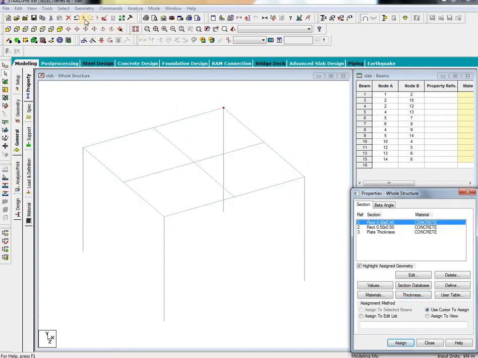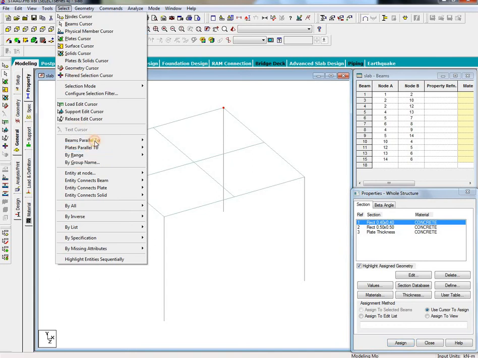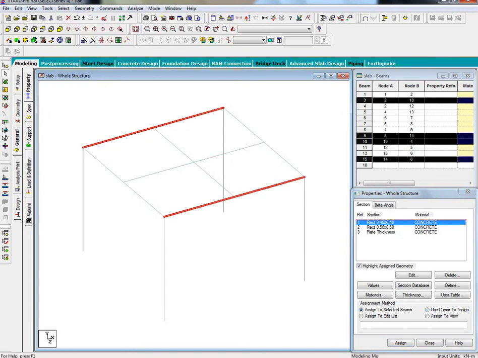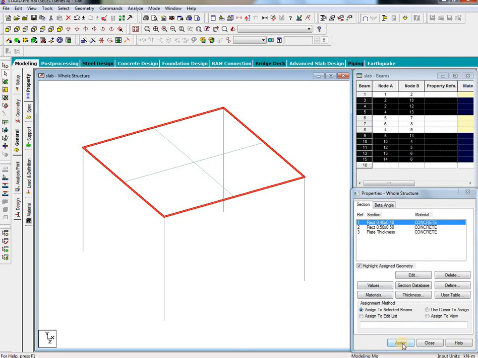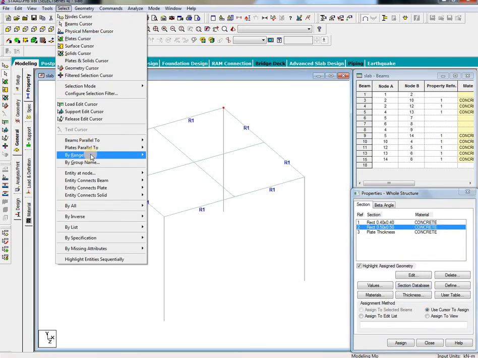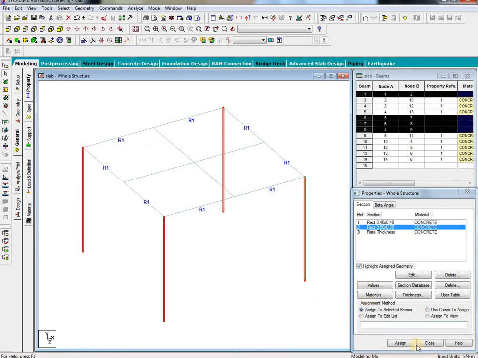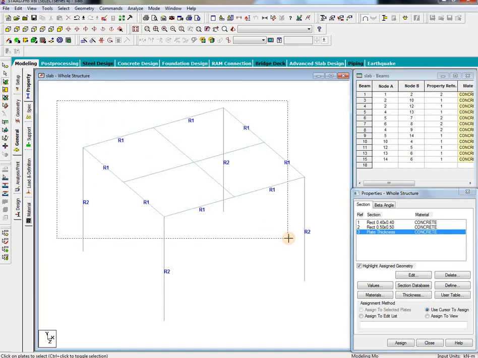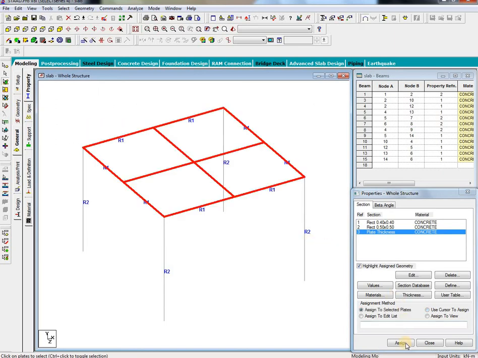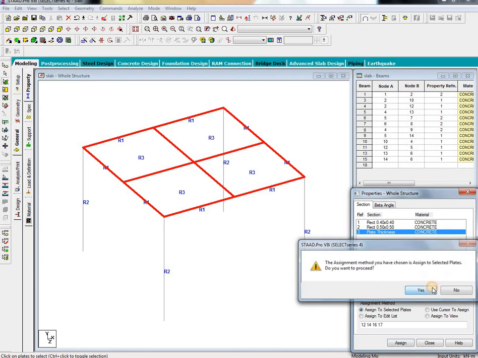Select the first one, it means beam size, select parallel to X and parallel to Z. Assign to selected beams, assign yes. Column, then go to beams parallel to Y, assign to selected beams, assign yes. Then plate thickness, select the plate cursor, select all the plates, assign to selected plates, assign yes.